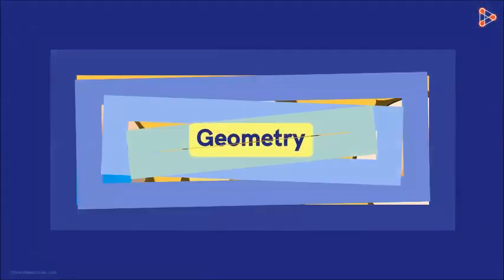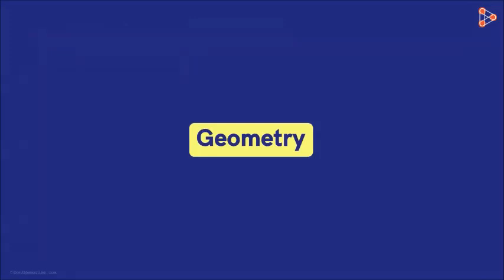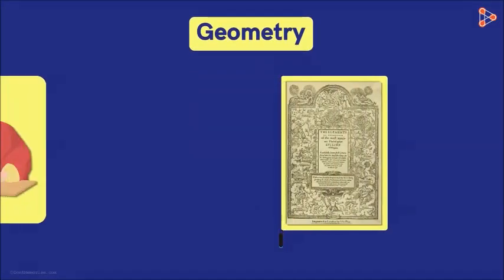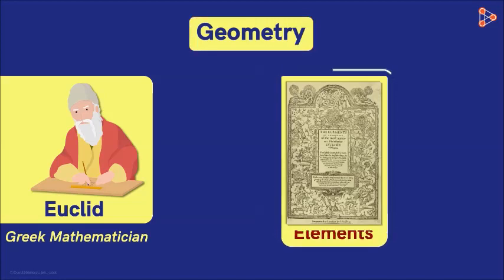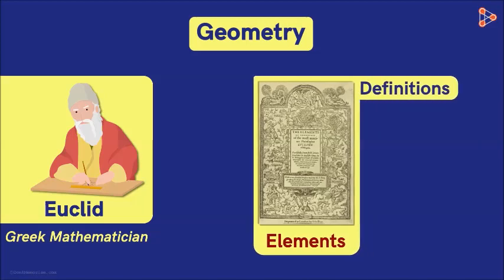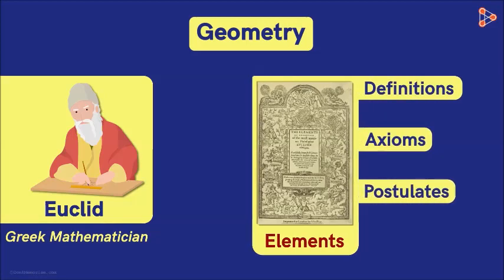So, all the existing knowledge about geometry was brought together in a form of books by Euclid. Euclid was a Greek mathematician who used to teach mathematics in the city of Alexandria in Egypt. He was the first person to collect all the work done on geometry and put it together in books called Elements. His books contain definitions, axioms, postulates, and proofs that we can use to prove things further ahead in complex geometry.